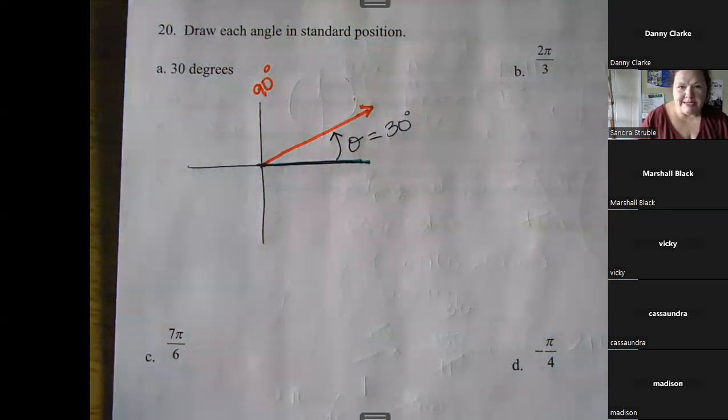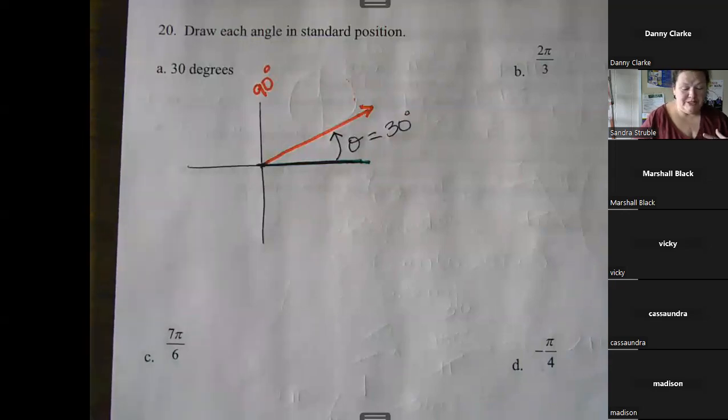The next three are in radians. Different beast completely. I want to show you my trick that I use for this, but I also want to show you what your support system is for this afterwards. You've got access to almost all of the radians on the circle, and I'll show you that here in just a second. But my trick for this,